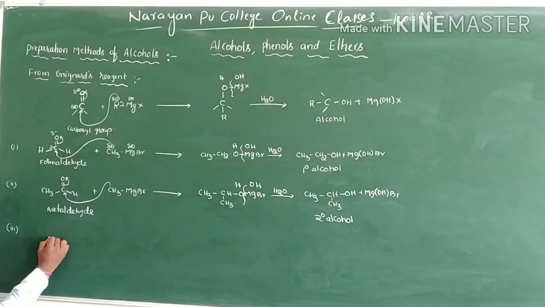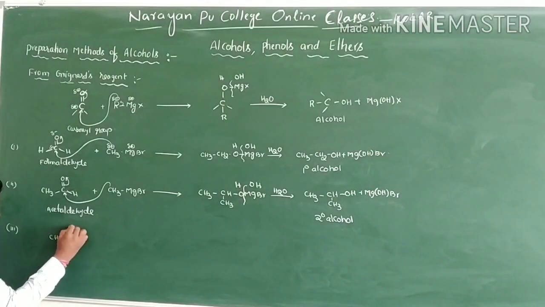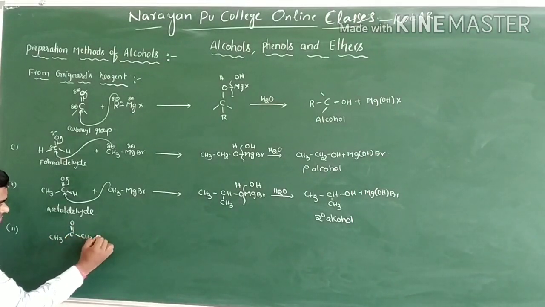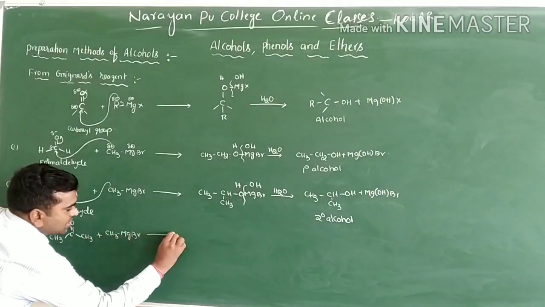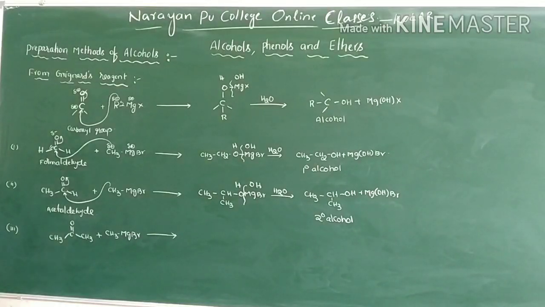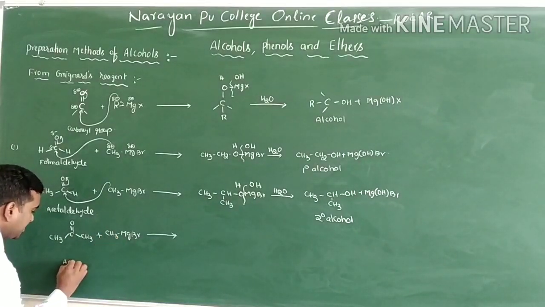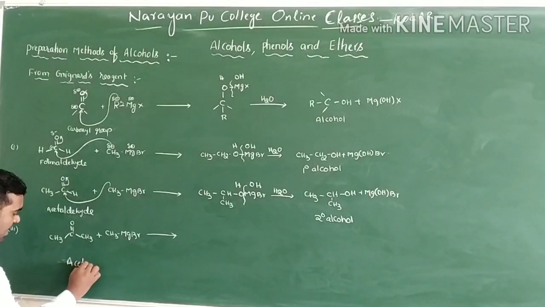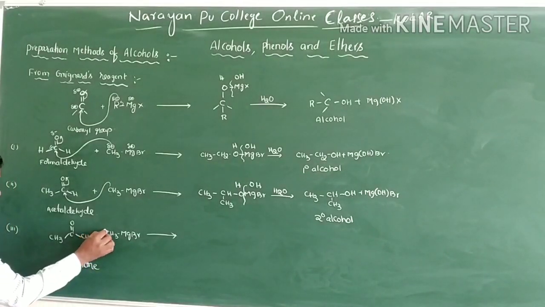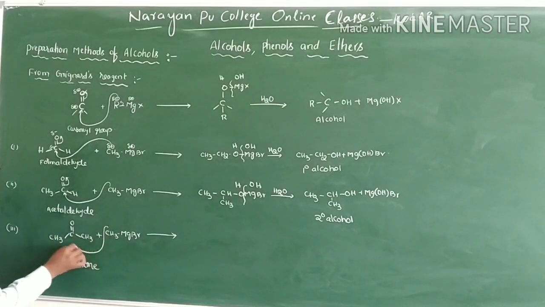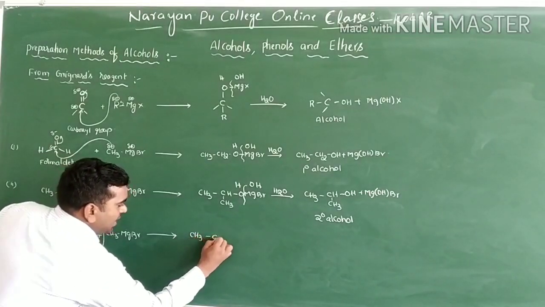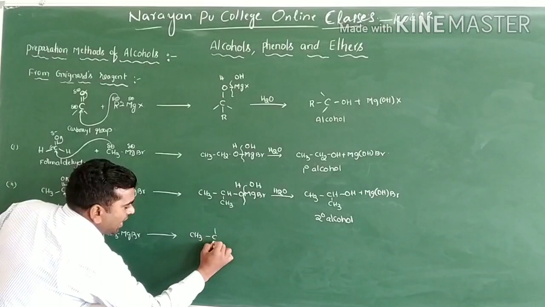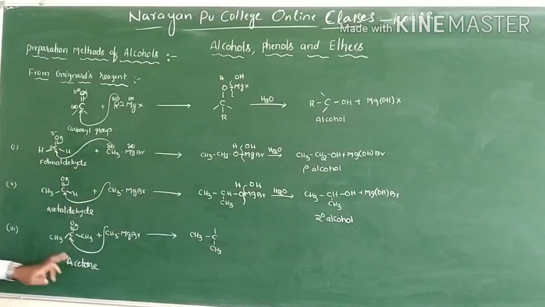Next one, ketone. I will take acetone, CH3, C double bond O, and here CH3, plus CH3MgBr. This we will call acetone. Now the same reaction: positive charge, negative charge, there will be a bond, and negative charge, positive charge, there will be a bond. And now you will get CH3, and two CH3 groups are there, and another CH3 group